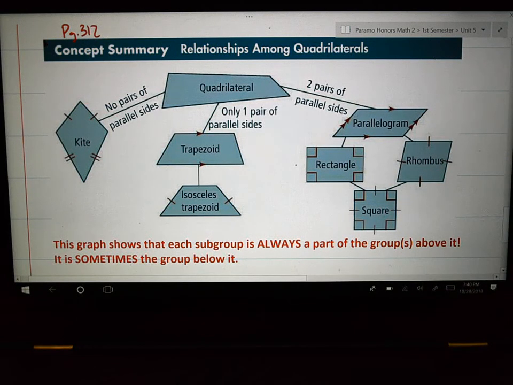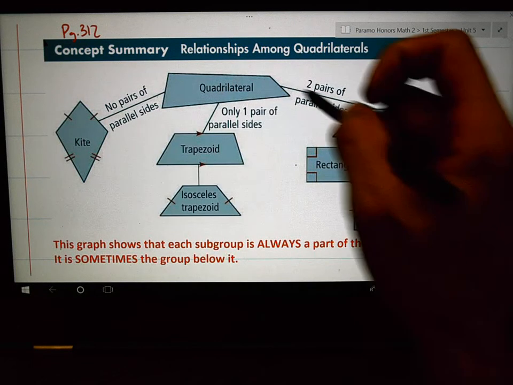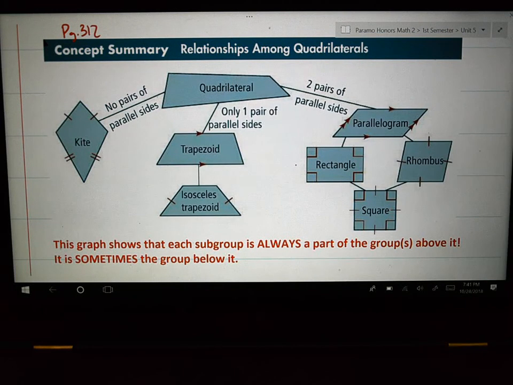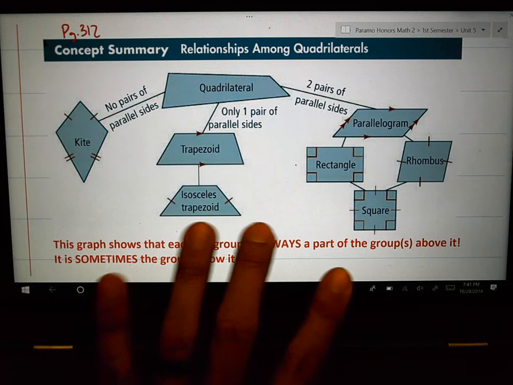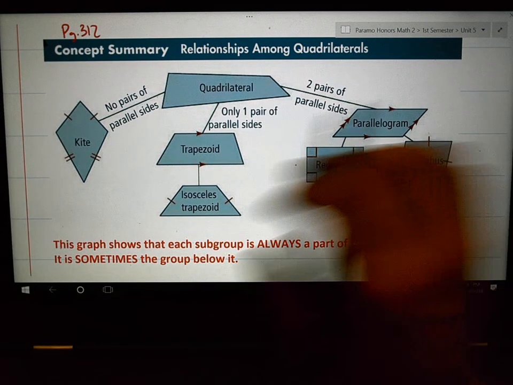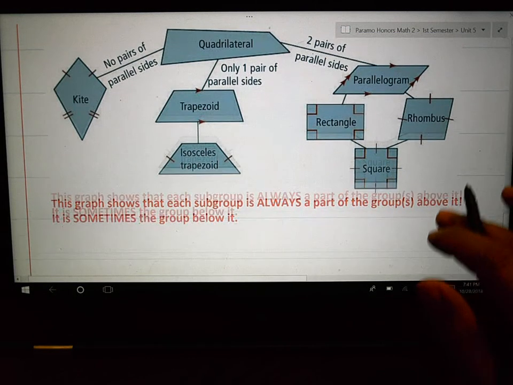Just how it goes. It has to be down one of these little diagonals is how I like to use that chart. And remember, it's on page 312. You do not have to write it down, but I want you to have in your mind the properties of each of these shapes because that's what this unit's about. It's about these shapes mostly. Lastly,